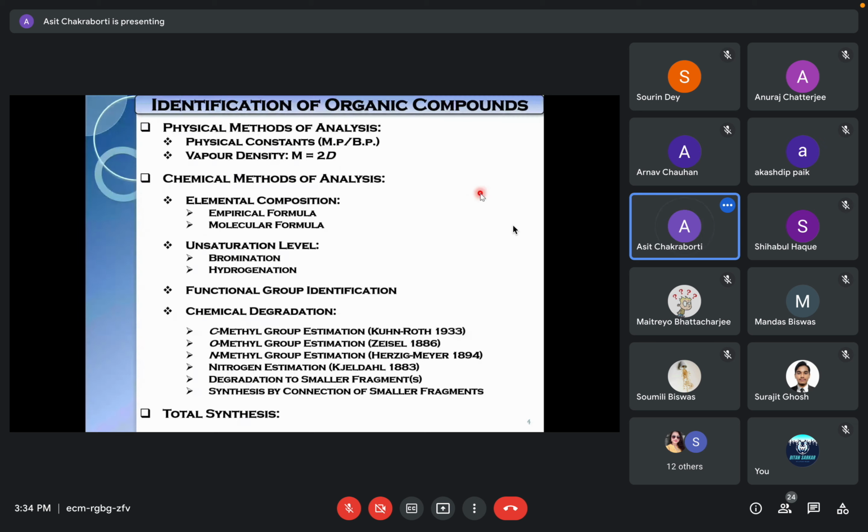So which techniques other than melting point, right? Melting point has a limitation that the compound has to be solid, but the compound may not be solid. So how can you determine whether two compounds, presumably supposed to be the same compound but obtained from different sources, maybe two different groups have synthesized, or maybe one group has isolated from the natural product and another group has synthesized in the laboratory, but you have to tell that these are identical compounds. How do you do that?